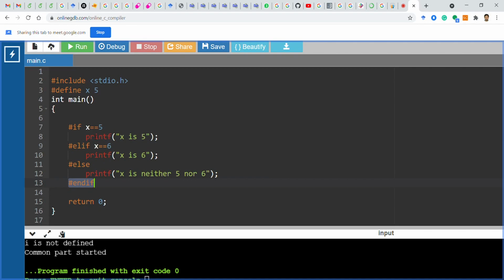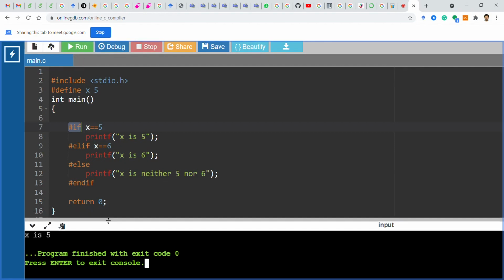In the previous case, we defined some variable and we decided to print something based on whether the variable is defined or not. But in this case, we have also defined some variable and we are sure that the variable is defined. But based on the macro value of that variable, we are taking a decision. And that's why instead of writing ifdef, we are writing only #if. That is the difference. So if you run this program, I hope you can easily predict which particular statement will get executed, that is x equal to 5, x is 5, right?